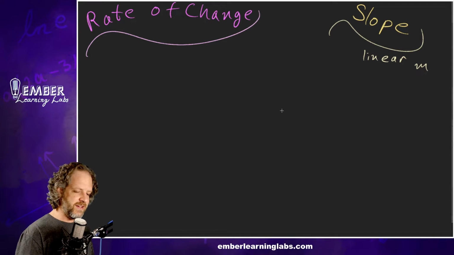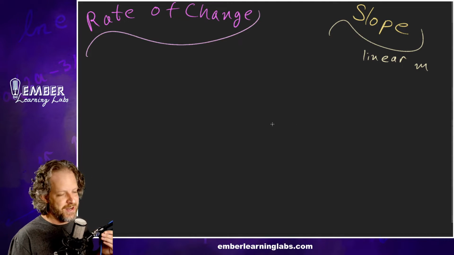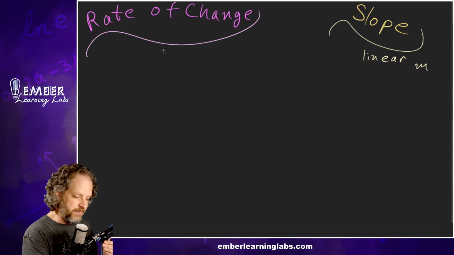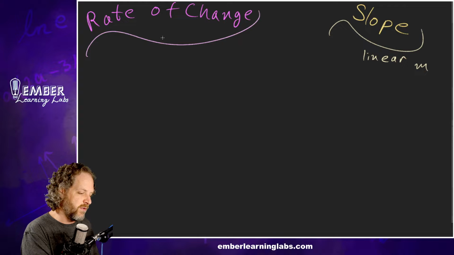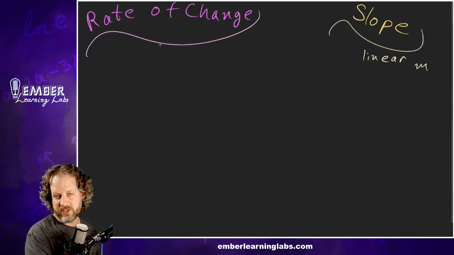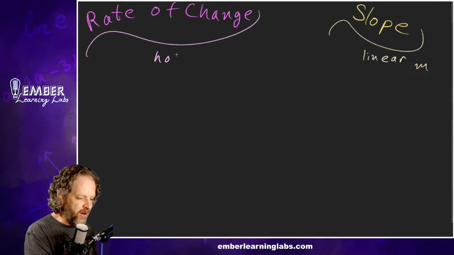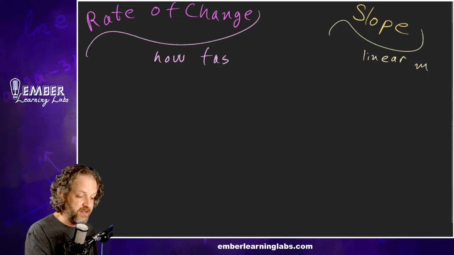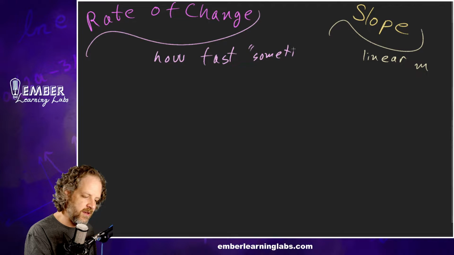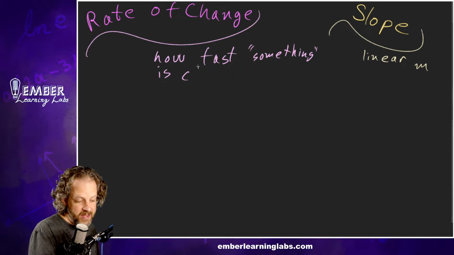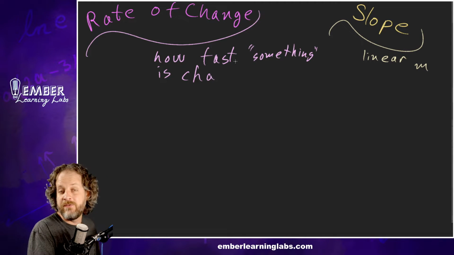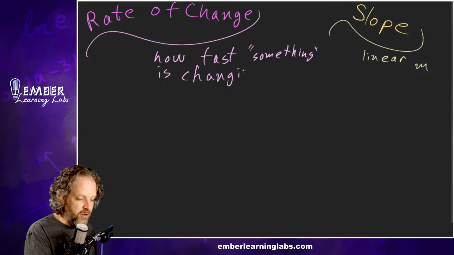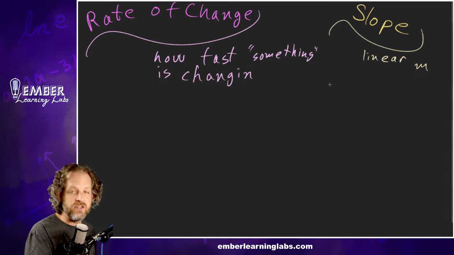So rate of change, simply put, now this is Algebra 2, this isn't pre-cal and it's not calculus, right? Rate of change simply put, and this is true in all of the times in math and science when this is used, is how fast something is changing. Wow, that sounds like rocket science. It really isn't, right? How fast something is changing. So in the context of, say, a physics class, you might have the rate of change in